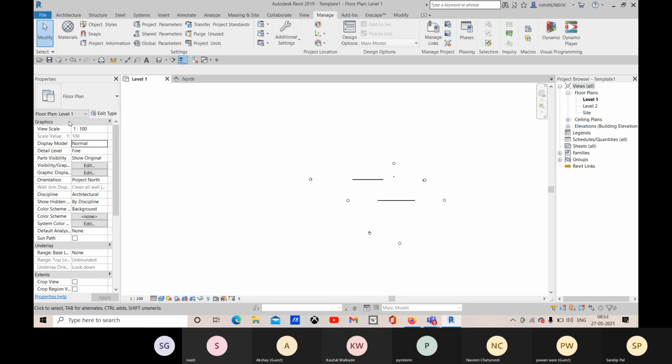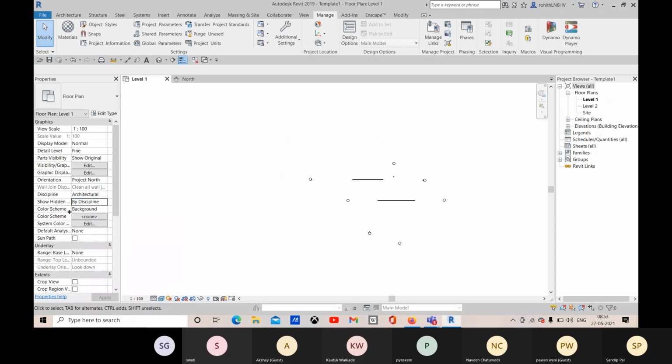And now you see that we have all these view options, and you can get these options from the view control bar also. View scale, the detail level, the visual style, the sun path, whether the shadows will be there or not. Okay, and here also you can specify the discipline, and here you can see show hidden lines. So if there are any hidden lines, that will be visible as per the discipline, or you can go with all.